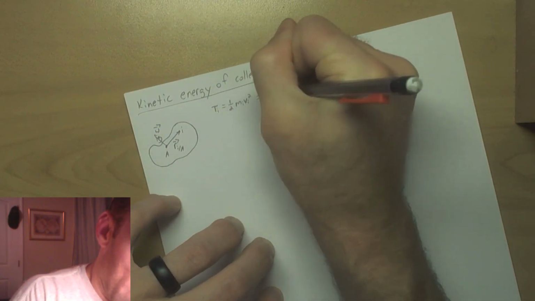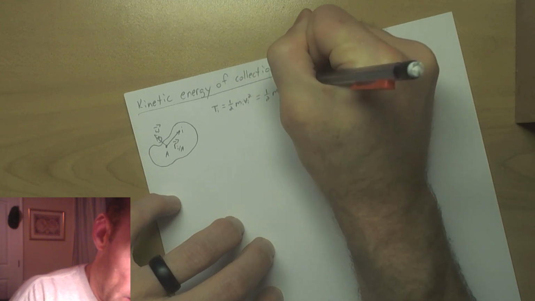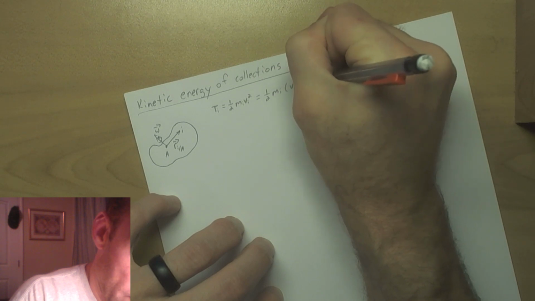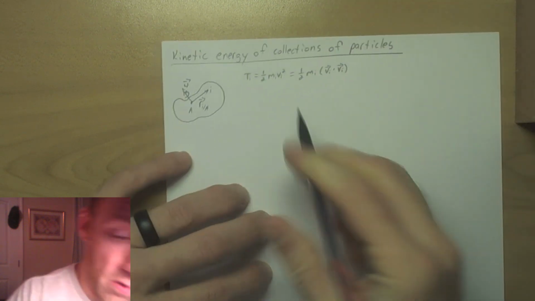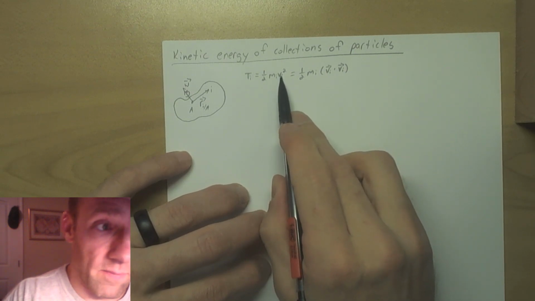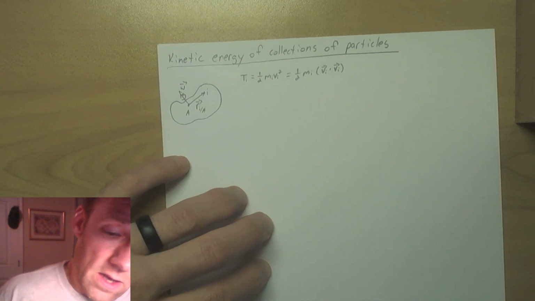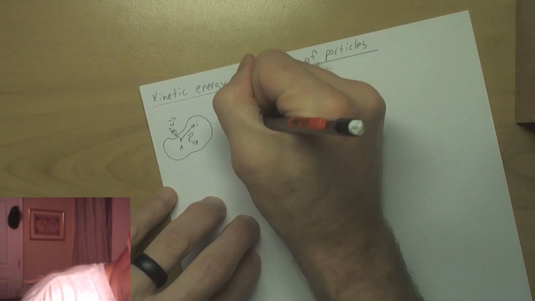And written in vector notation, this is just the dot product of the individual velocities with itself. So this is just the definition of the dot product, really. Okay. Now